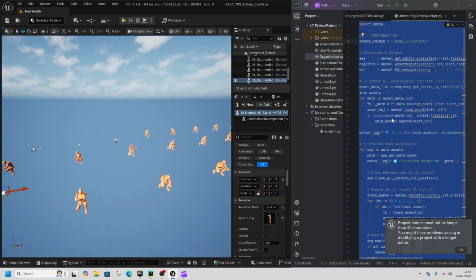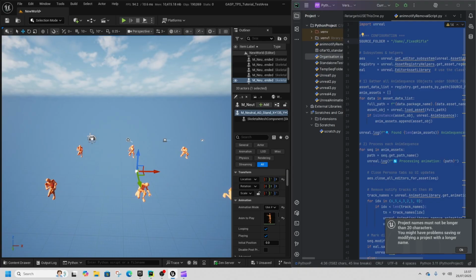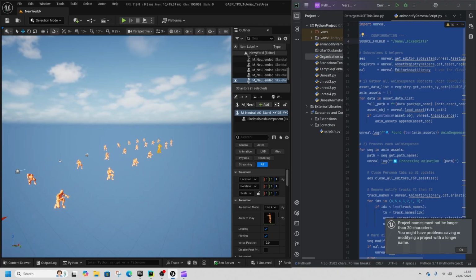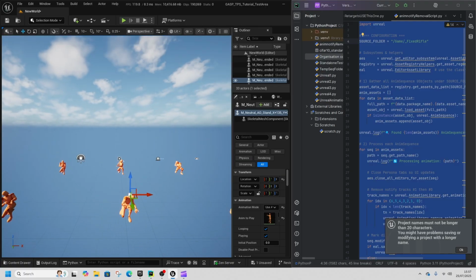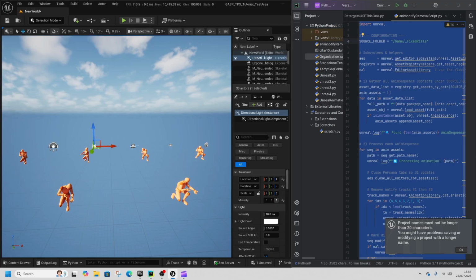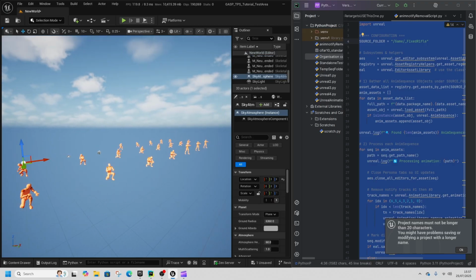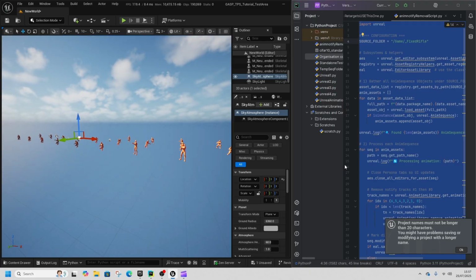Now the thing about this organization code is that it will put all the actors in there. So if you wanted to specify anim sequences or meshes, you can do, but this does also work on like static meshes and skeletal meshes as well. So if you wanted to display or check out a bunch of static meshes, this code would work. But as you can see, it's just put all the light sources and the height map and everything also in that little order. So that's just something to be aware of. But that's 3 Python codes that should help you